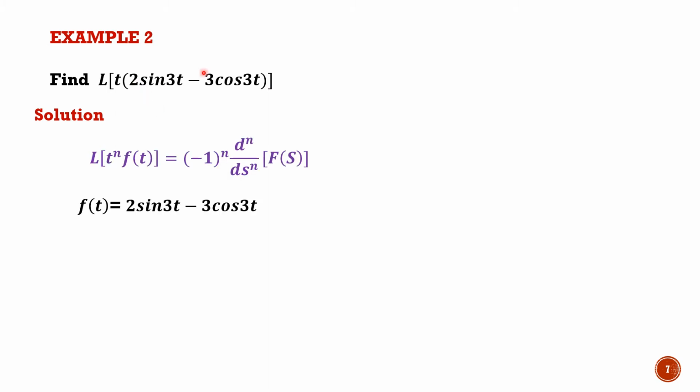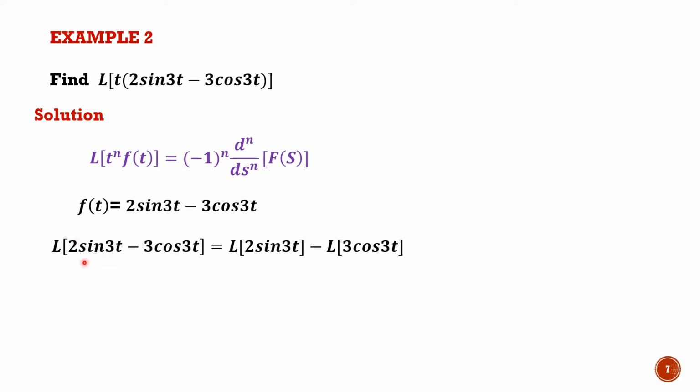So f of t, or we can write t into f of t form. So we have to calculate the Laplace transform of this bracket term. Now since we have a minus sign between the 2 functions, we can take L to both the terms. When we have a product, then we cannot take L inside. L satisfies the linearity property, which means when you have a plus or minus sign in between the 2 functions, L can be taken inside.